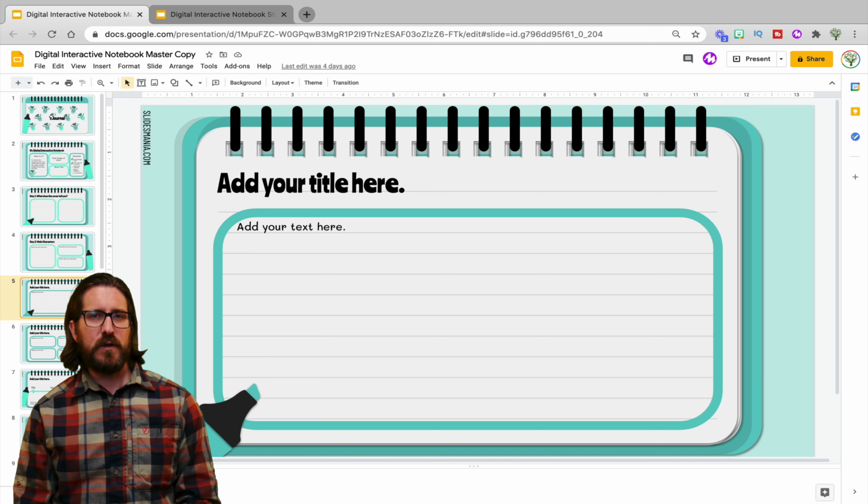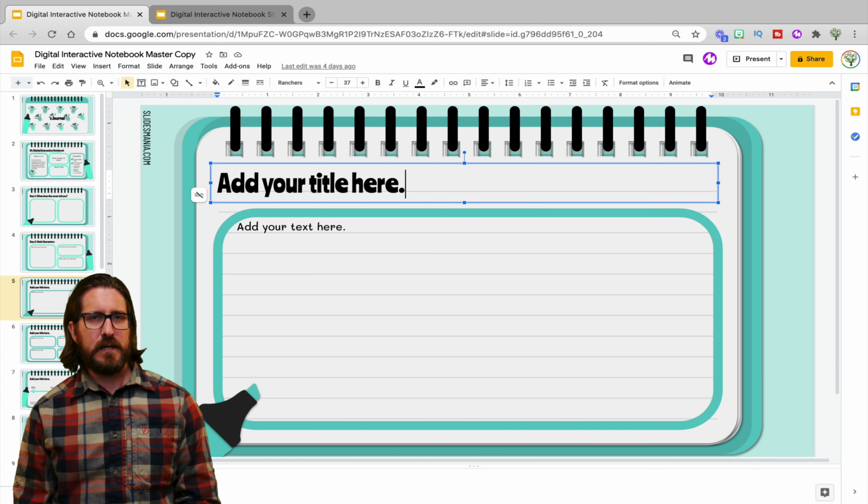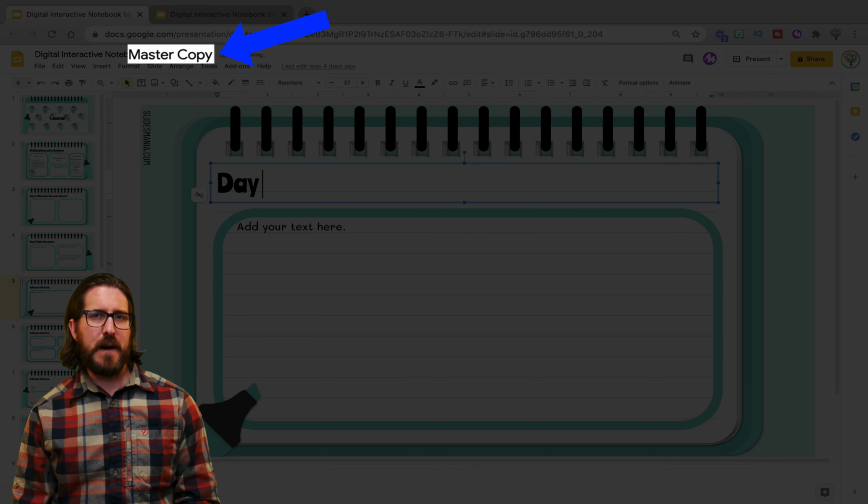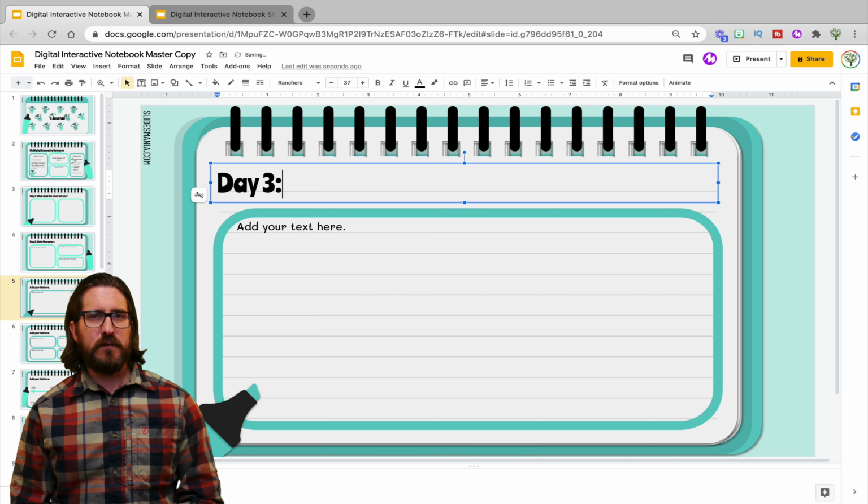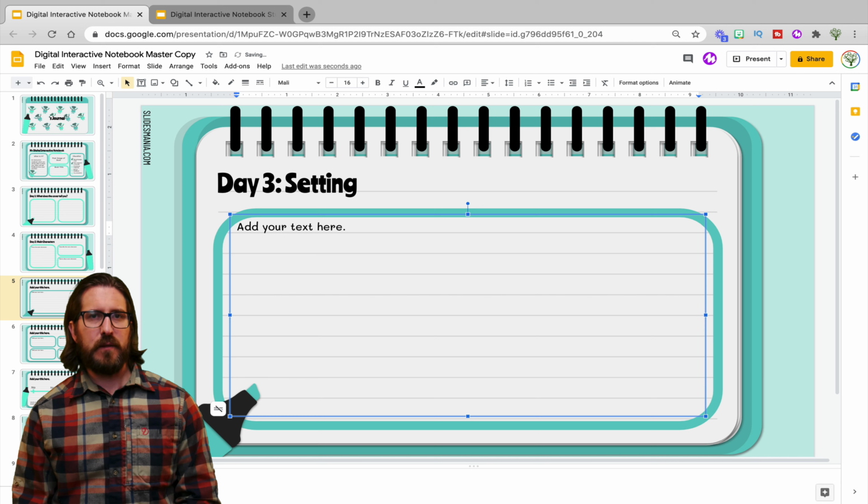Now let's look at how you can continue to add new pages to a student's Jamboard notebook, even though you've already pushed out a copy through Google Classroom. My recommendation is that you always build new pages using your master teacher copy. That way, once you've created your notebook once, you'll be able to reuse all the pages over and over again in years to come.